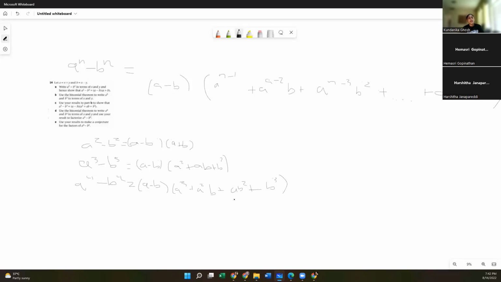So over here, we have A to the power of 1, and then B to the power of n minus 2. 4 minus 2 is 2, which is what we have over here. And then B to the power of 3 is B to the power of n minus 1, which is B to the power of 4 minus 1. And then we can see the same pattern over here, right? A squared is A to the power of 3 minus 1, plus A to the power of n minus 2, which is 2, and B to the power of 1.